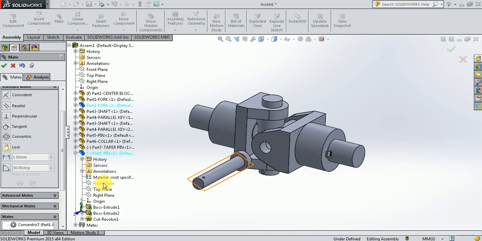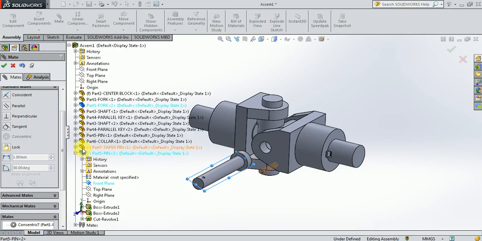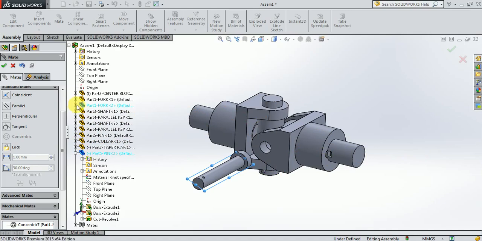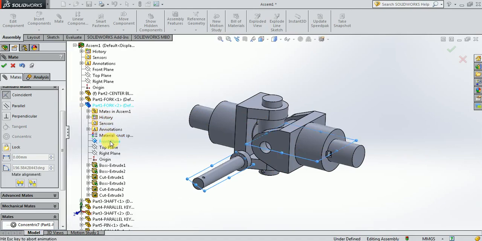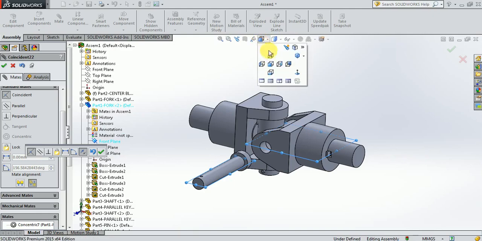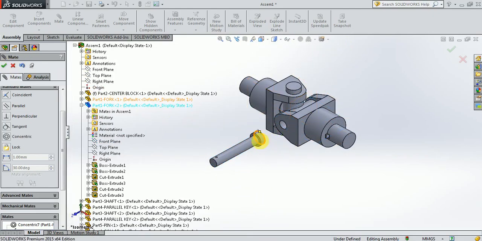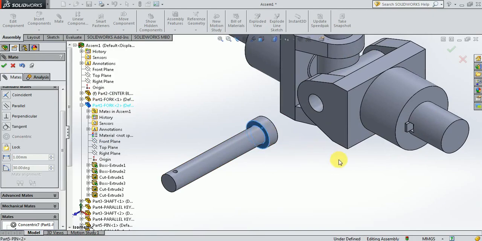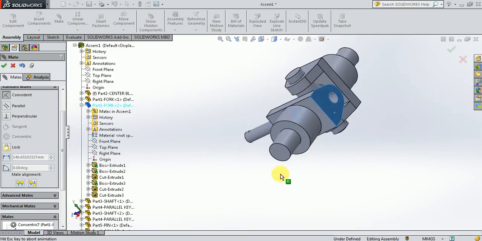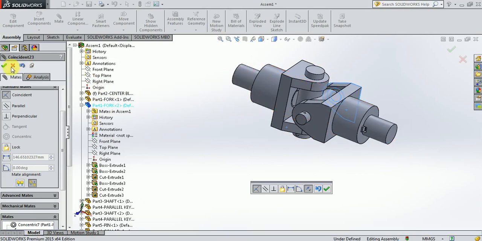This front plane of the pin should be aligned with the front plane of the fork number 2. So fork number 2 is here, and the front plane is here. So try to align it. You can see in the top view, if you want you can go to the top view, that this plane and this plane are aligned now. Once it is done, click on OK, and then when it is inserted, this particular face should come in contact with this face. Select these two, then click on OK again.